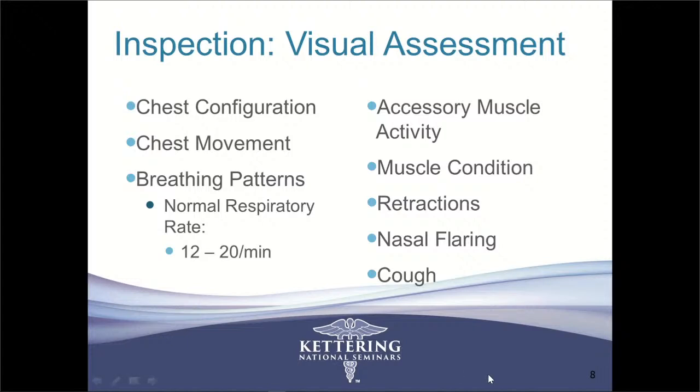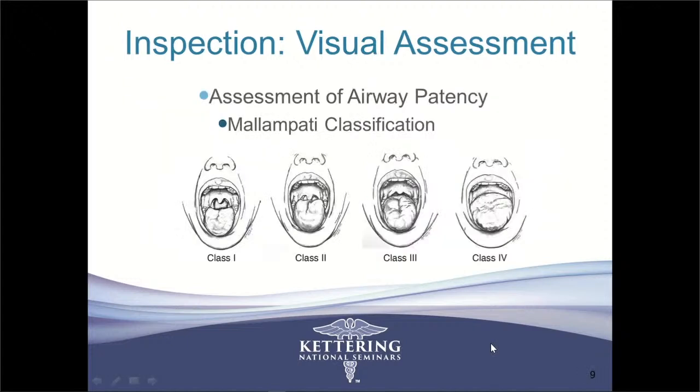Drop down to number 16, the character of cough. You can kind of read through that. 17, assessment of the patency of the airway. You're going to look at signs and changes of upper airway problems. And then the top of page 16, we've got some new information that is on the test, and that is